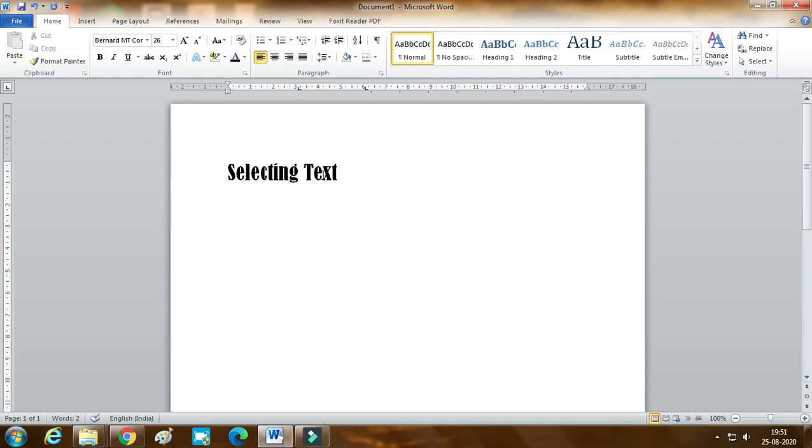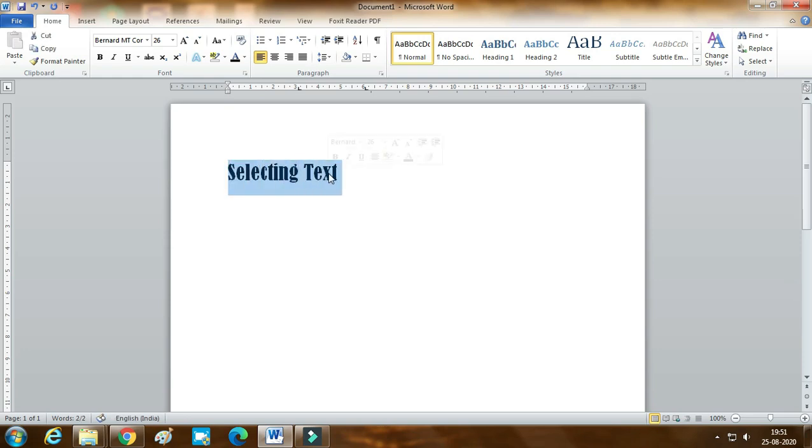Now we shall start selecting using the mouse. First, bring your mouse to the beginning of the sentence, click with your left button and keep on pressing the mouse. Drag the mouse to the right side.